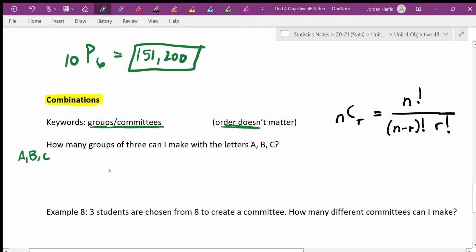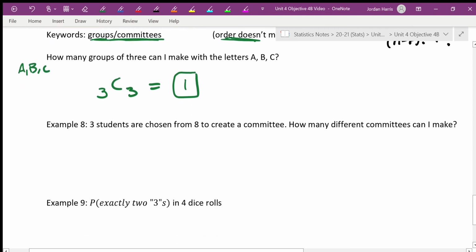So in this case, we have 3 options with 3 spots to fill. And if you use the same probability thing, you'd notice it's 3C3, which is 1. I have 1 possible group to make. Like I said, not very exciting. But we could